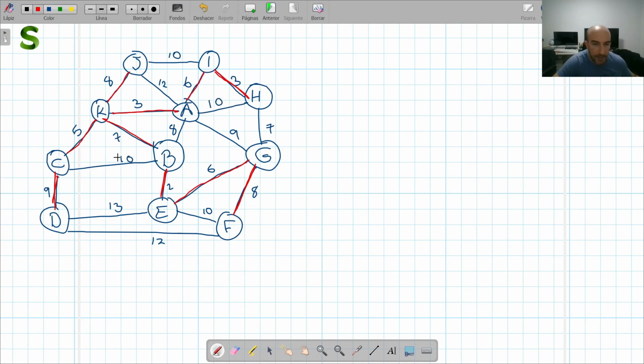I cannot close this 12 over here because it creates a closed circuit, and I cannot close this big 12 over here because it creates a closed circuit. And the 13, I cannot close it because it creates a closed circuit too. So I'm finished. I've created a minimum spanning tree, and the weight is going to be the addition of all those, which is